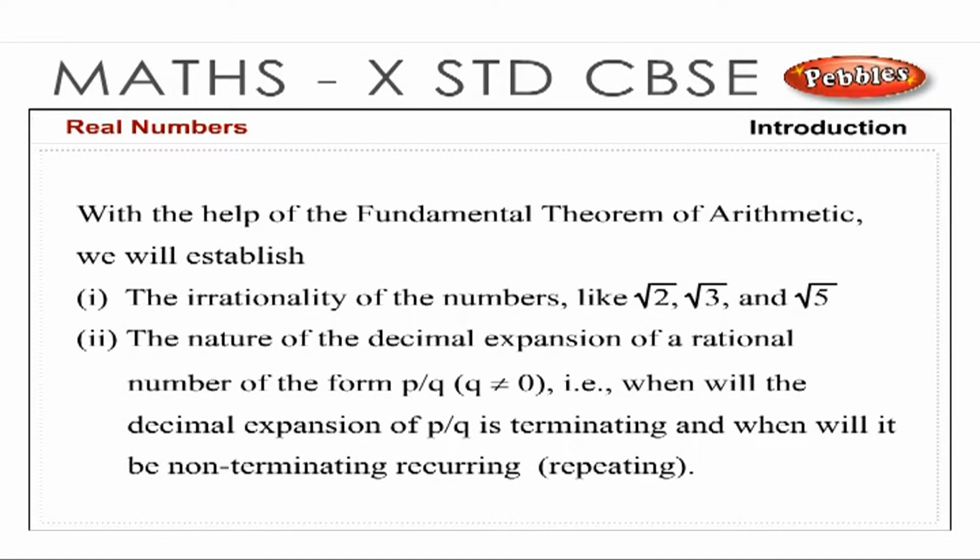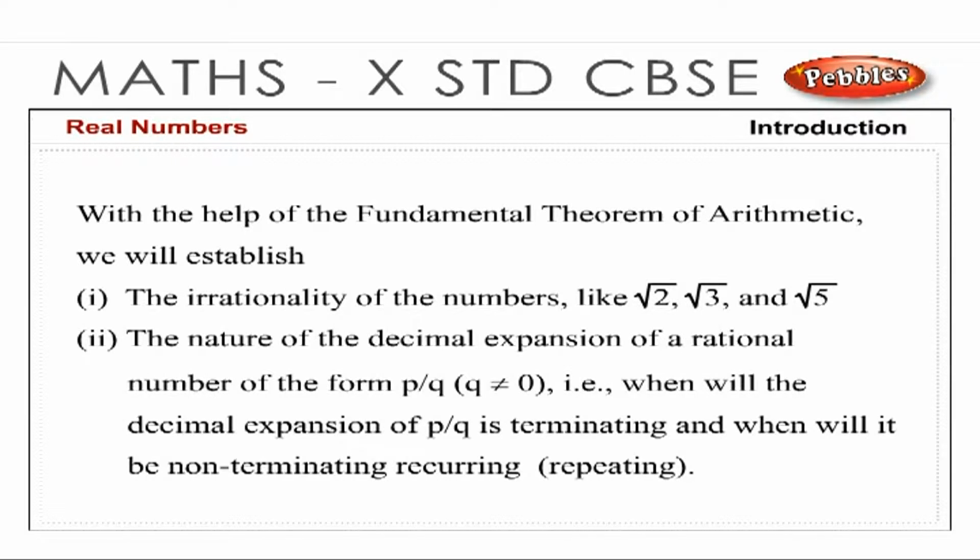With the help of the fundamental theorem of arithmetic, we will establish 1. The irrationality of numbers like √2, √3 and √5, and 2. The nature of the decimal expansion of a rational number of the form p by q, where q is not equal to 0. That is, when will the decimal expansion of p by q be terminating and when will it be